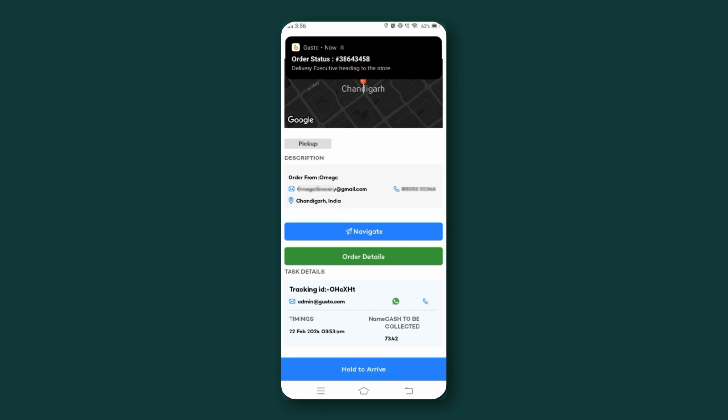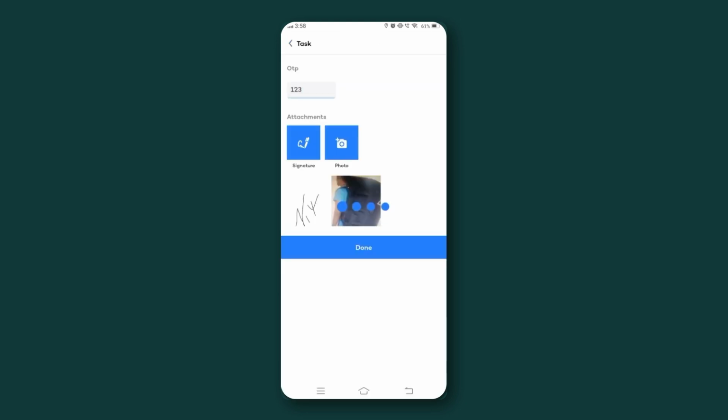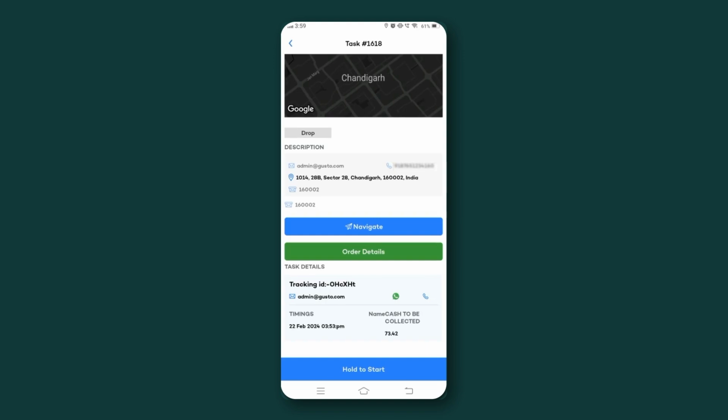Once the delivery partner arrives at the store, they need to press the Hold to Arrive button to collect the order from the store. The delivery partner will press the Hold to Pick button subsequently. They will receive an OTP, mark their signature, and take a picture of the items they are picking up for delivery. As the delivery partner travels to the customer's address, they should press the Hold to Start button like this